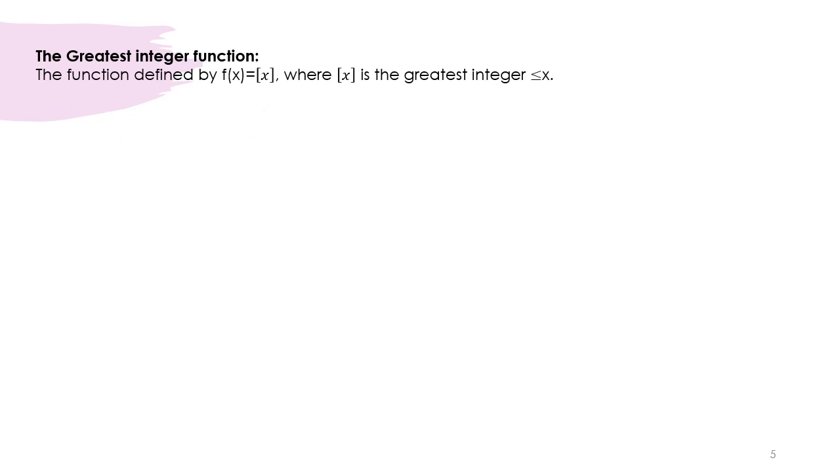Next one is the greatest integer function. It is the most wanted function for all of you, because many students, in fact, asked me questions on this. So that is the reason I thought, with the greatest integer function, I can take some other functions, so that it will be very helpful to the students. So the function defined by f(x) equal to this bracket x, where we write it like this. It is the notation of the greatest integer function. The bracket x is the greatest integer not exceeding x, the greatest integer less than or equal to x.